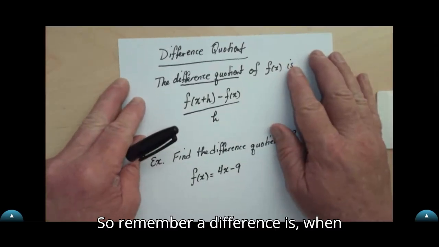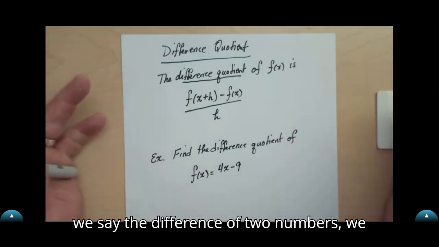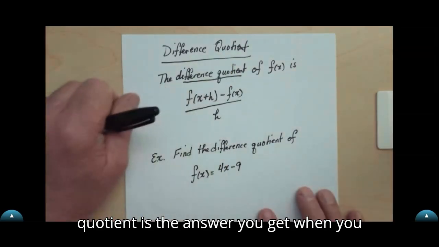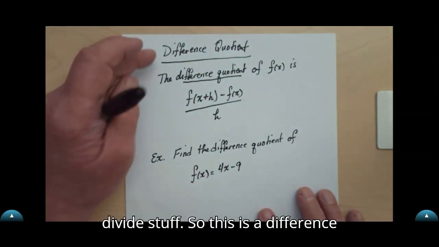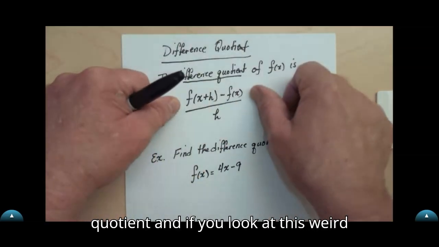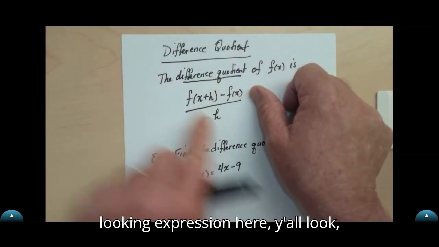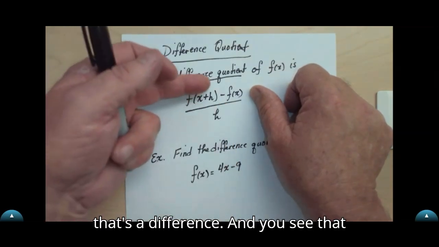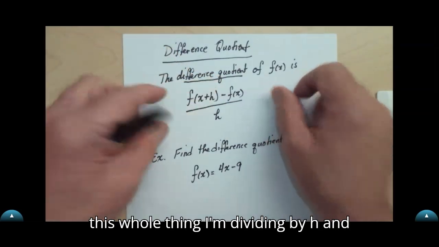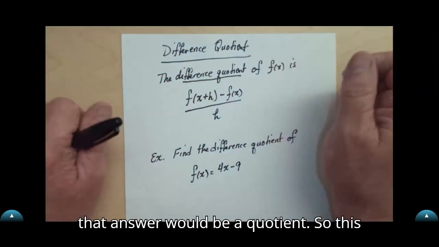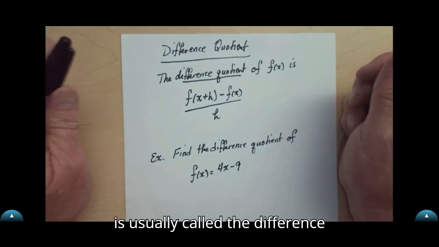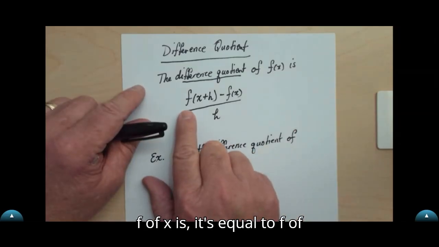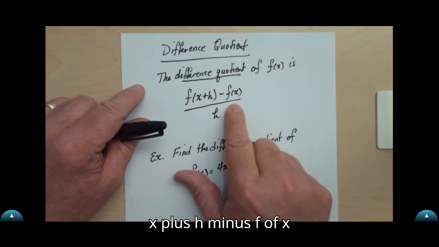So remember, when we say the difference of two numbers, we mean subtraction, right? A quotient is the answer you get when you divide stuff. So this is a difference quotient. And if you look at this weird looking expression here, you see that on top I'm subtracting, that's a difference. And you see that this whole thing I'm dividing by h, and that answer would be a quotient. So this is usually called the difference quotient. The difference quotient of f of x is equal to f of x plus h minus f of x